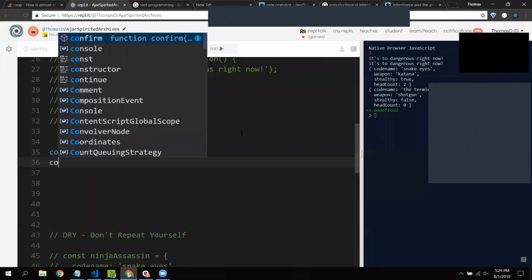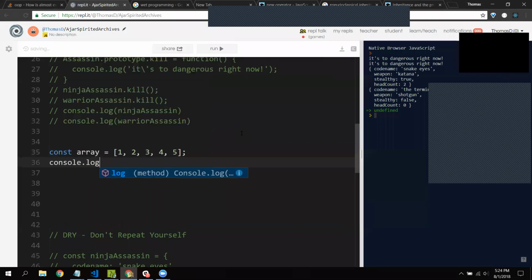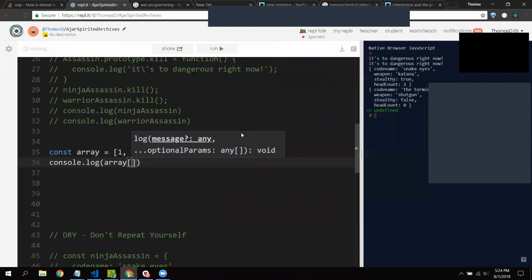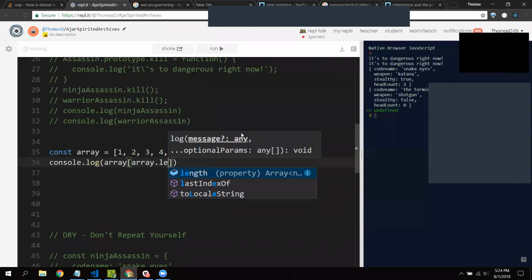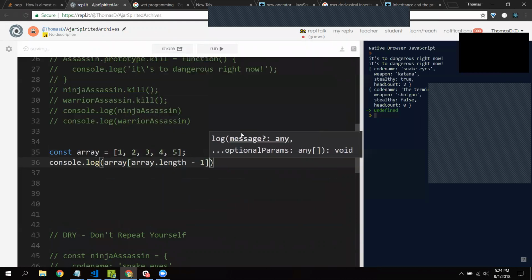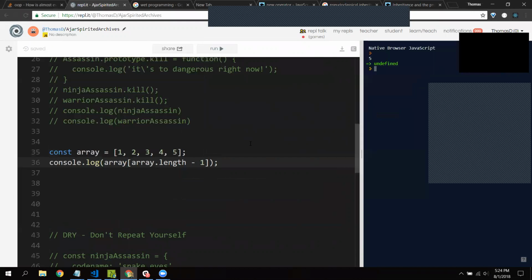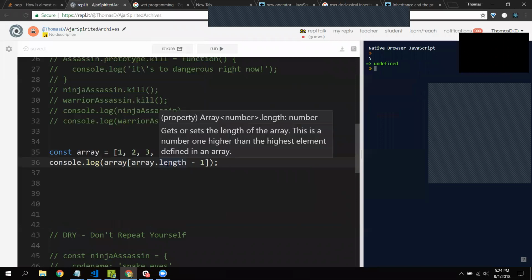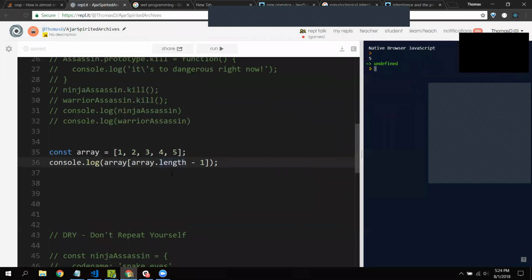Someone was asking if there was an easier way to access that last item in the array, because that is a bit verbose and long, and I don't want to type that out every time. Well, if you're working with your own code base, and there are times that you will be, then you can set